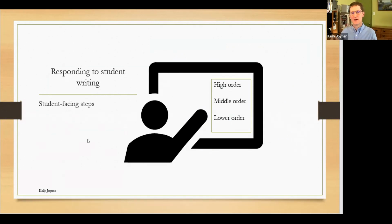By high, I mean big picture stuff, the ideas that are conveyed in the writing. If the student is supposed to have a unique take on the topic, then certainly that's high order. So their thesis, their interaction with the literature, how they've gone about conveying their understanding of and their response to the sources that they've read. So ideas, thesis, interaction with sources. And then middle is